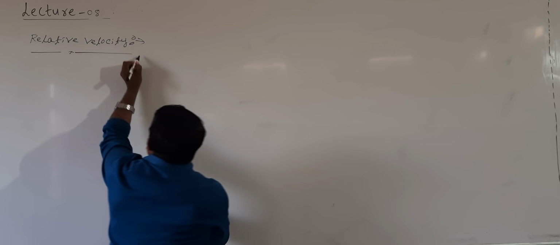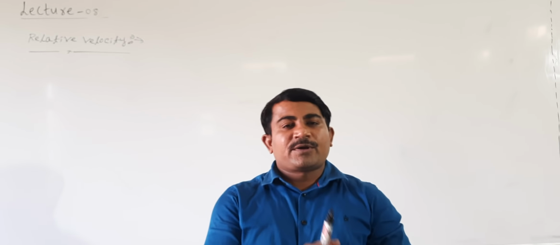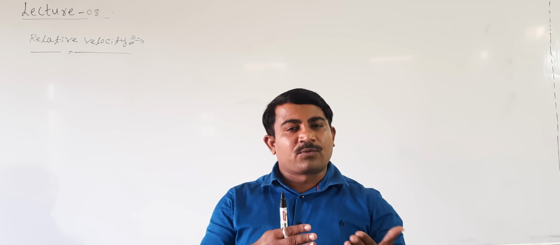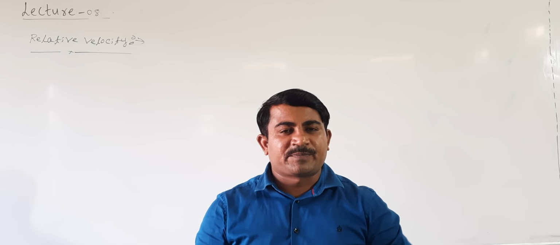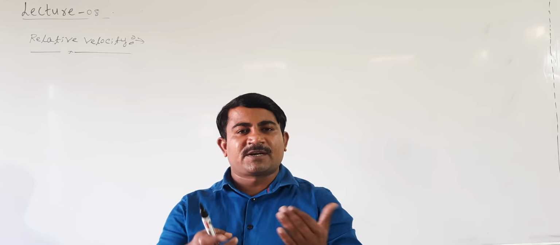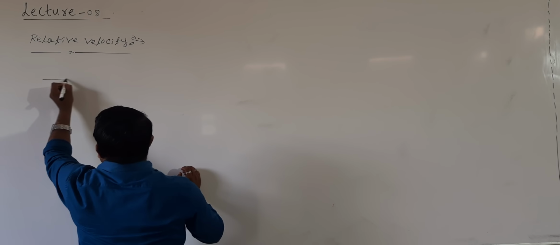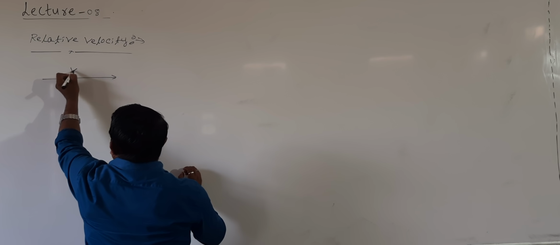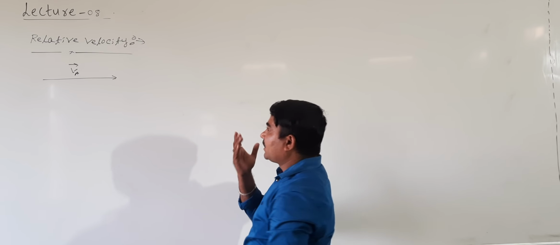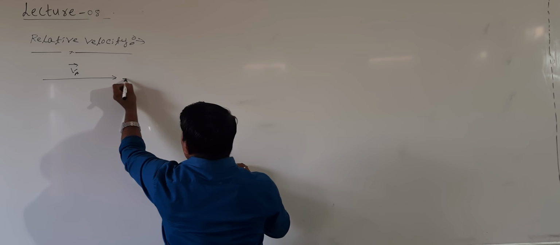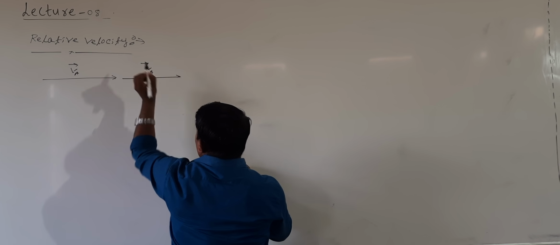Relative velocity. Students, we already know how to give the relative velocity when two bodies are going in the same direction, and for the opposite direction we have already mentioned how to represent the relative velocity of the given body. Shall I take it here? Now consider this is one vector, I mean velocity. The velocity of the body can be represented by v. Now I will take another body. This is another body, right? This is the velocity v.